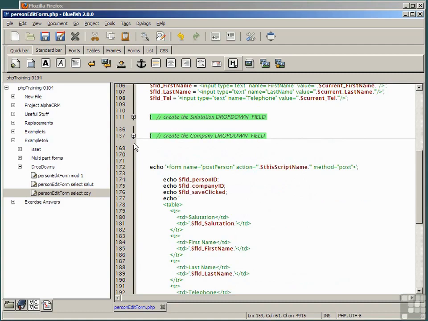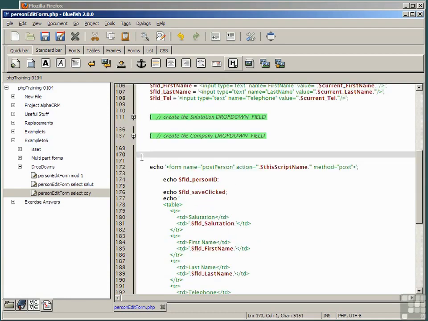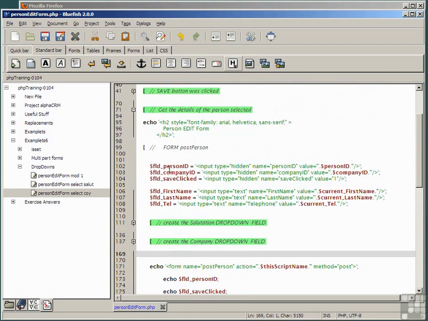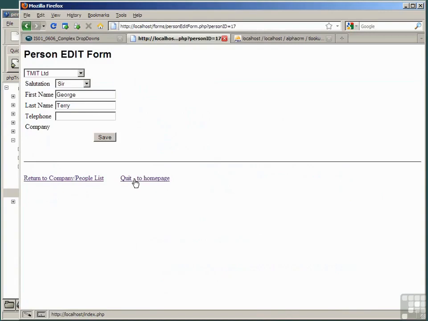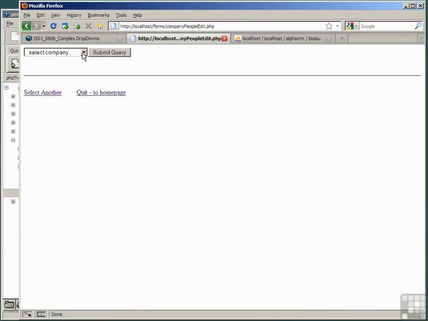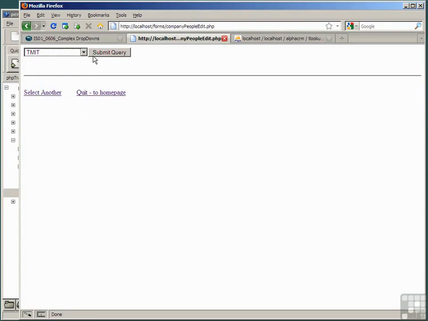So having created the drop-down, we no longer want this hidden field company ID because we've got the field company ID, which is now going to be the drop-down. And we want to get rid of field company ID hidden. So we can save that, and in the home page, open up the company people edit form, select a company